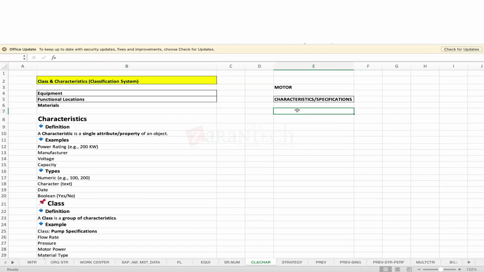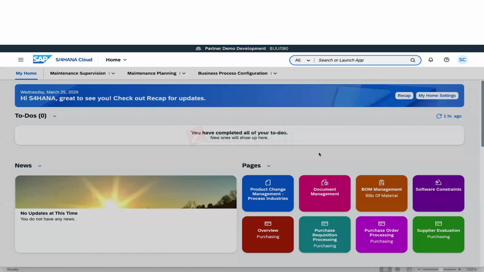So first, let me create a characteristic. So first I'll go for creation of, say, power capacity. Okay, power rating, assume a 200 kilowatt motor. Yes, so I will go for,